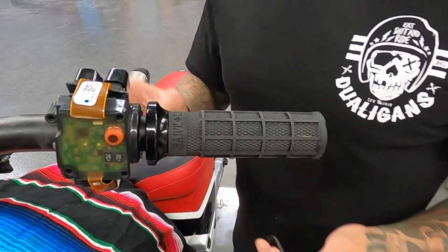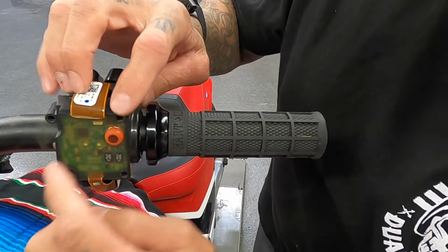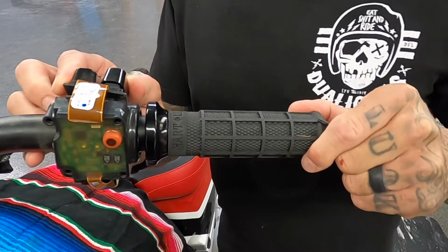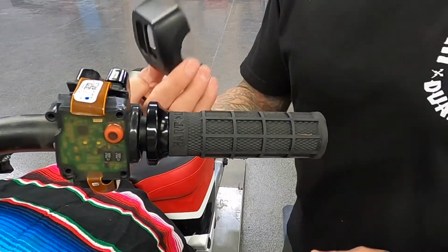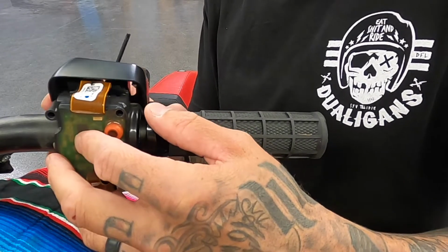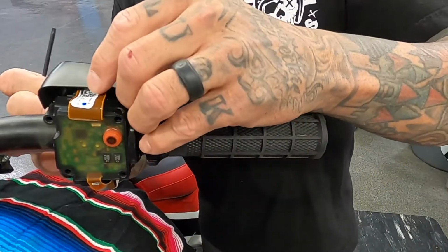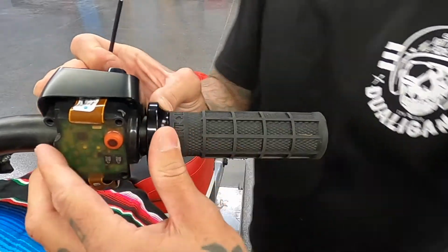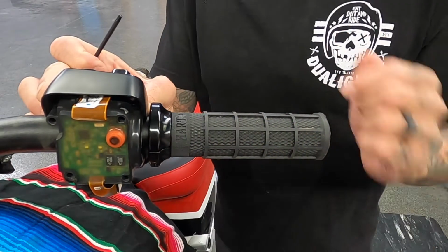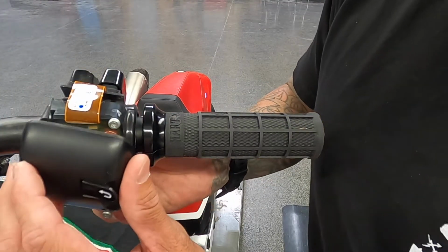Now the next step is going to be, obviously you want to make sure that you have space in here. So with these bolts either loosened or completely out, you can kind of feel where the perch kind of moves around a little bit. So I kind of slide this piece on here, and then with your cover, place your cover over the front so that you can kind of figure out your spacing and where you actually want your perch to be. So with the cover on, I slide it up as far as I can, pull it over a little bit, and it fills that gap. That way you're not having to put this thing on twice and make a bunch of marks on your handlebars. All right, so now once you get these rear bolts kind of tightened on,